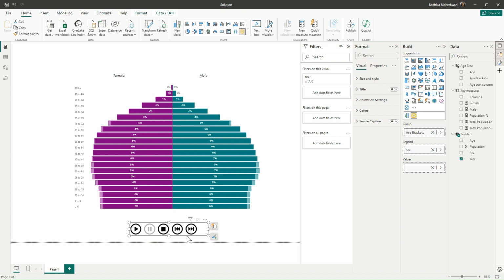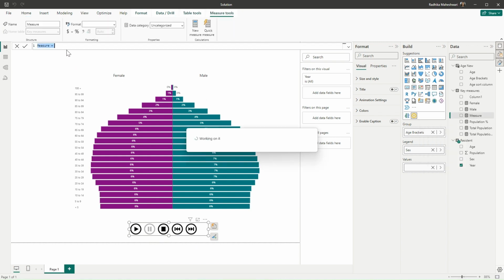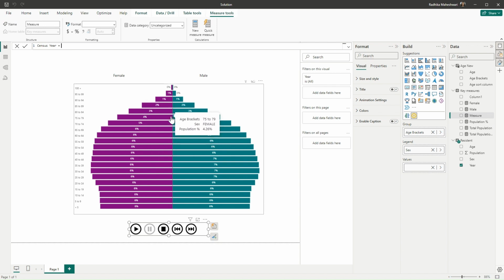So for that, I'm going to use a measure. So I will create the measure in my key measures table and call it sensor year because that's what the label is. And what we need to do is, if year has a value, then we need to choose that year. Otherwise, we want to show 2015 to 2060.